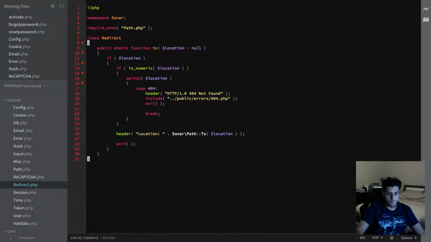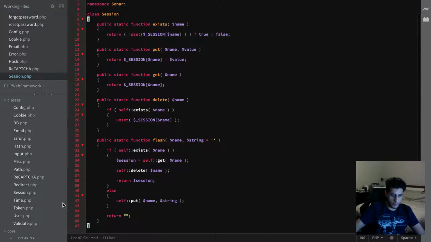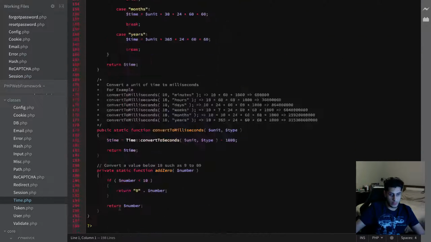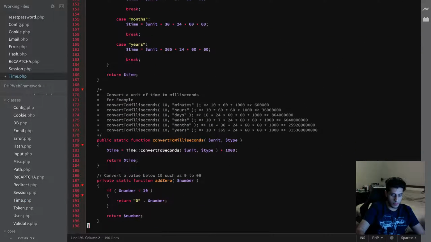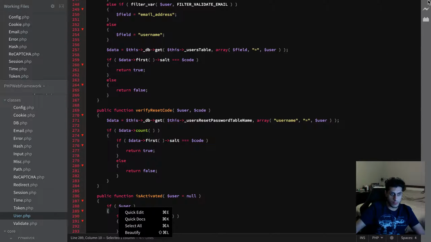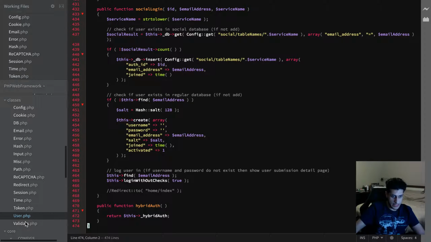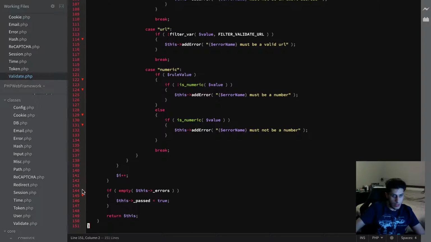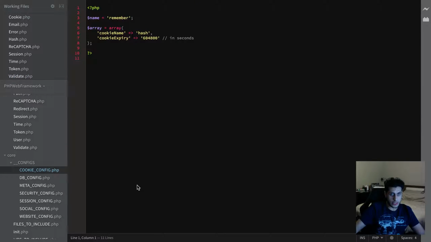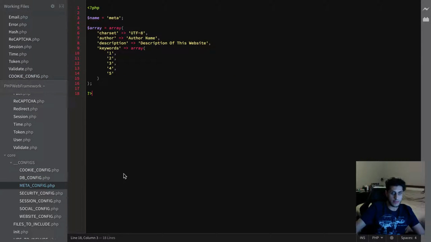Redirect. Session. Time. Token. User. Validate. And now let's go through the configs. DB config, meta config,